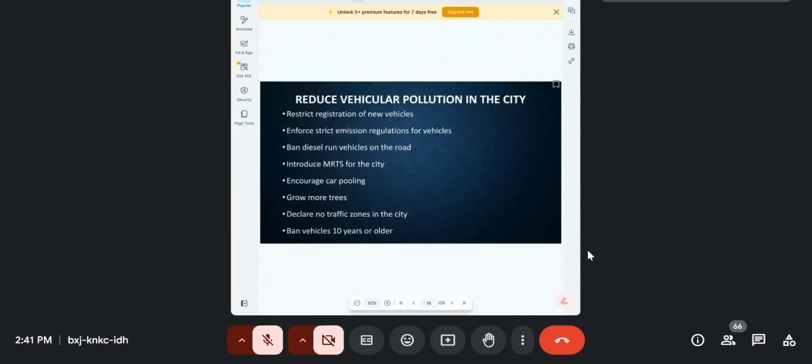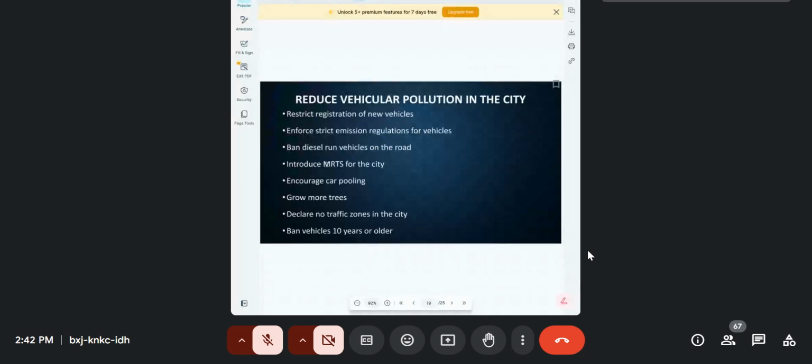So let's take a look at an example. So let's assume our goal is to reduce vehicular pollution in the city. And the projects we're looking at doing is to restrict vehicle registration of new vehicles as one of the projects, enforcing stricter emission regulation for vehicles as another way to actually curb pollution, then ban diesel run vehicles on the road,